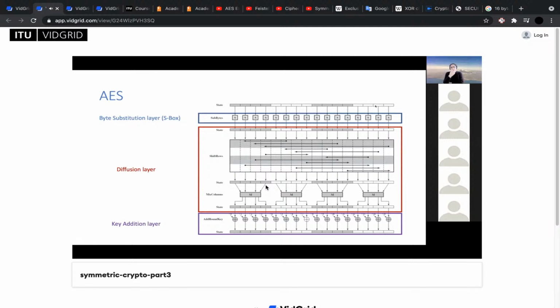Just what I want to say here is that we have 16 blocks or 16 states, because we are focusing on AES 128 bits. This means that we are using 16 bytes. So each of these states is one byte, okay, 8 bits. If you prefer to see an algorithm definition of AES,